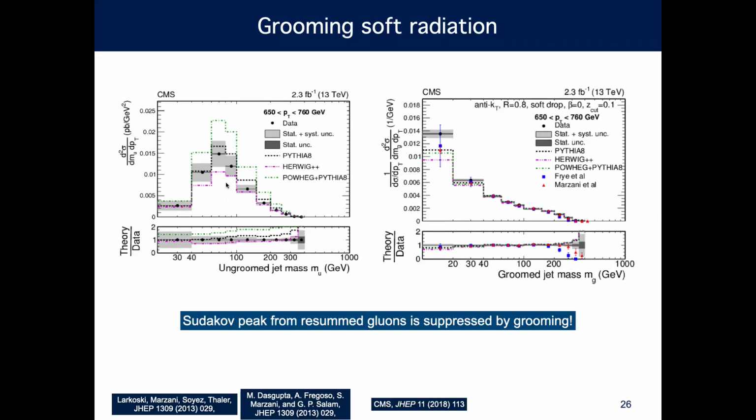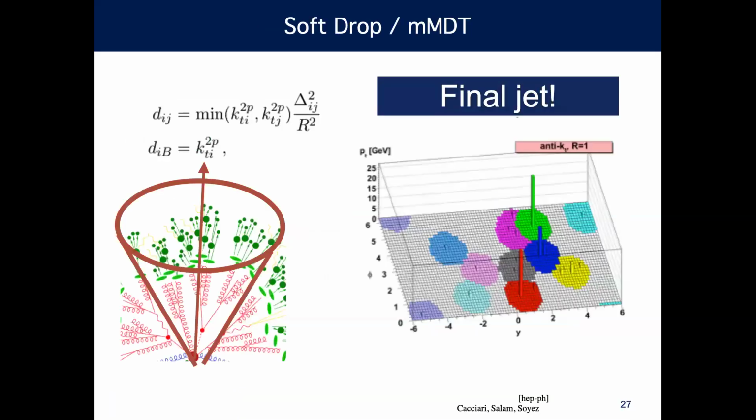If you wanted to tag a W boson with an ungroomed mass, the W boson lives right at the peak. That's not great. But if you look at it here, you can do it. This gives you that accessibility, and you can use the mass as the most important variable to discriminate between soft QCD and heavy decays. So